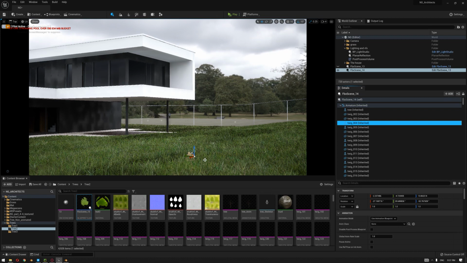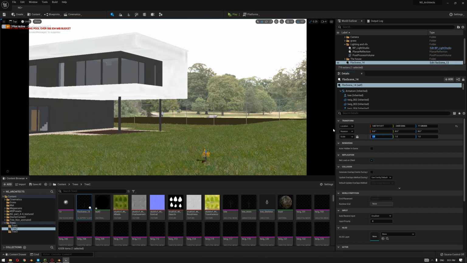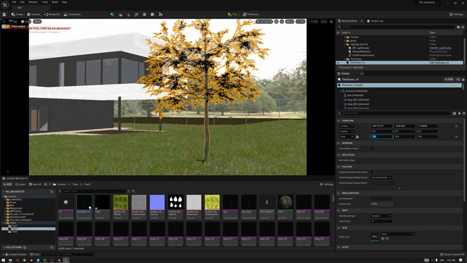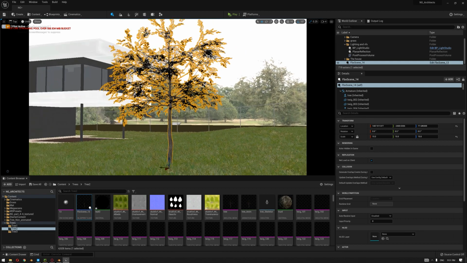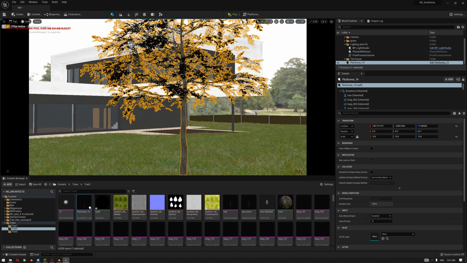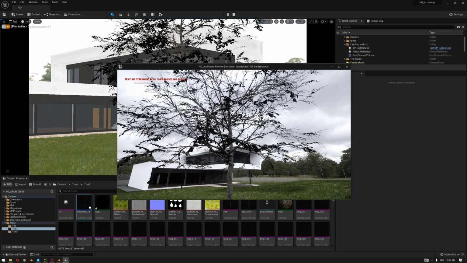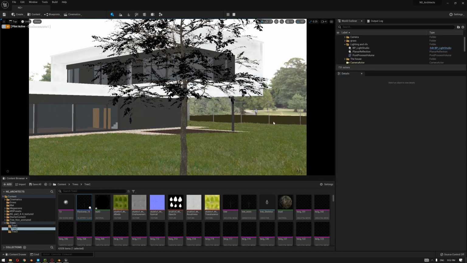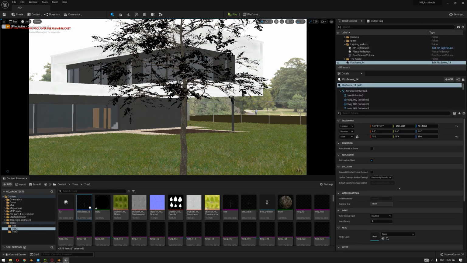So basically, the tree that we have, let's hide the grass for now. Once the import process is finished, you can see that the scale is a little bit smaller, so we can increase this scale. You'll find that currently, if you hit play and try to see if the movement is happening, for example on the tree, the tree is not actually moving because the animation is not fixed on the model yet.